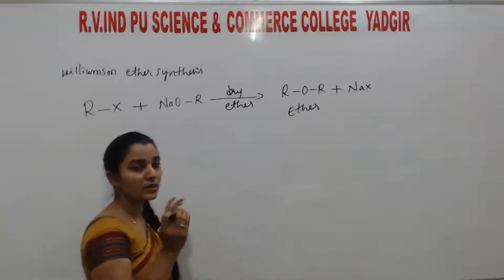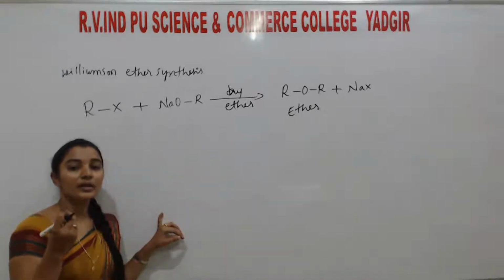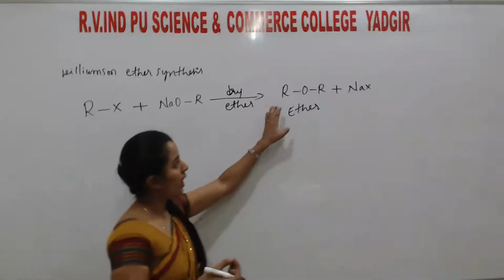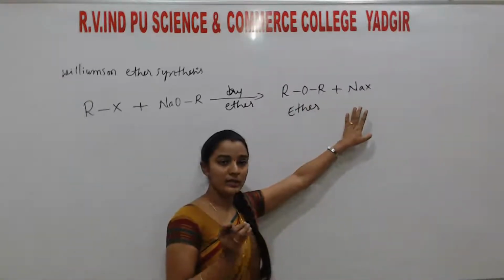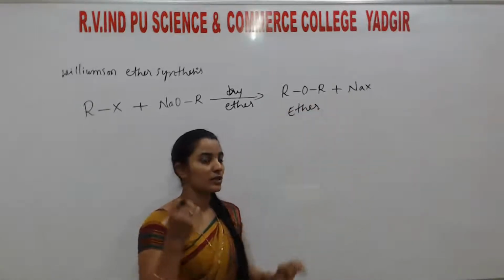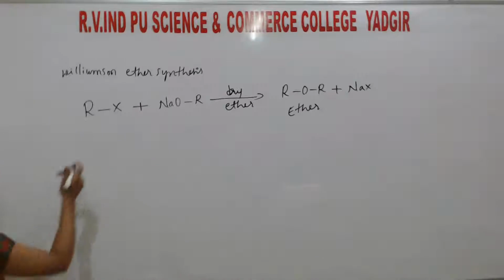Okay? One is symmetrical ether, another one is unsymmetrical ether. If both the R groups are same, then it is symmetrical. If both the R groups are different, then it is unsymmetrical. So I'll write the example for both. Here I'll write